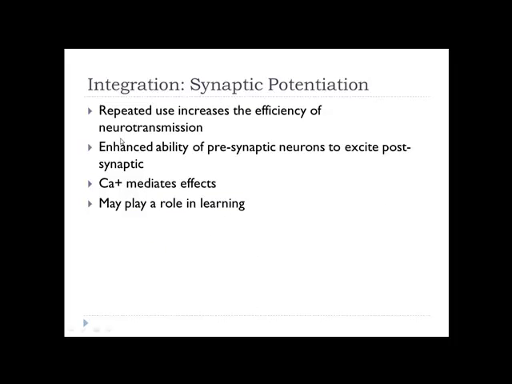Alright, repeated use increases the efficiency of a neurotransmitter. What do I mean by that? First time you try to shoot a basketball or swing a golf club or drive a car with a stick shift, it's very, very hard to do. The more you do it, the easier it gets. So you ingrain a pattern in your nerves. Your nerves get used to this activity and they get better at it. So when you try something once and you fail, don't stop. You keep doing it over and over again. Why? You get better. You can learn.